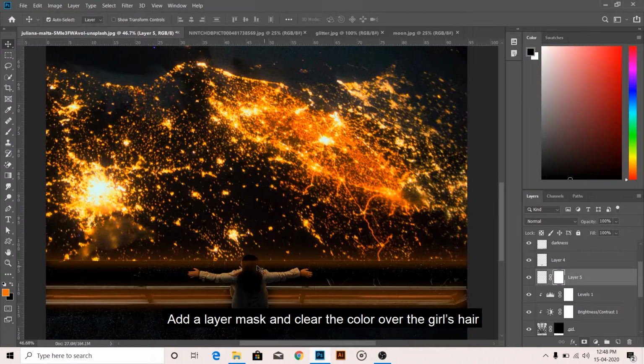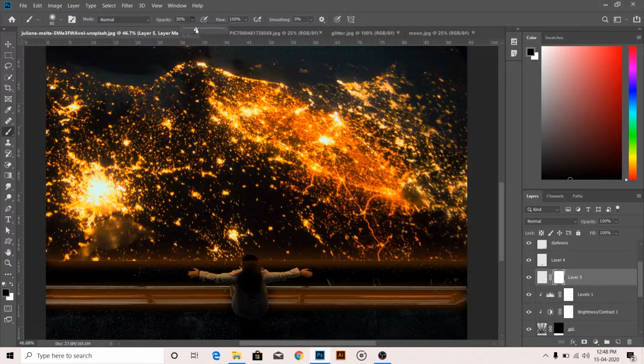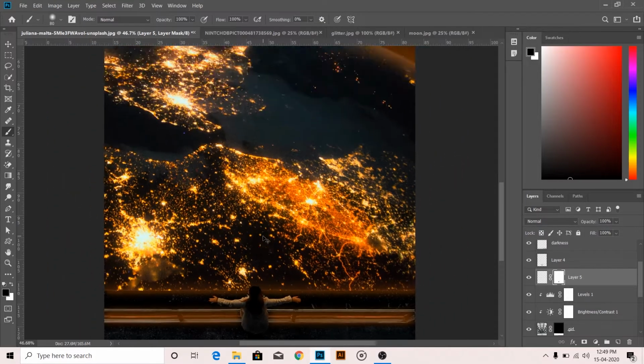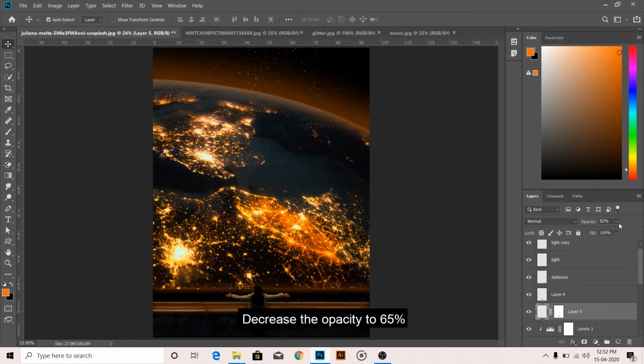Add a layer mask and clear the color over the girl's hair. Decrease the opacity to 65%.